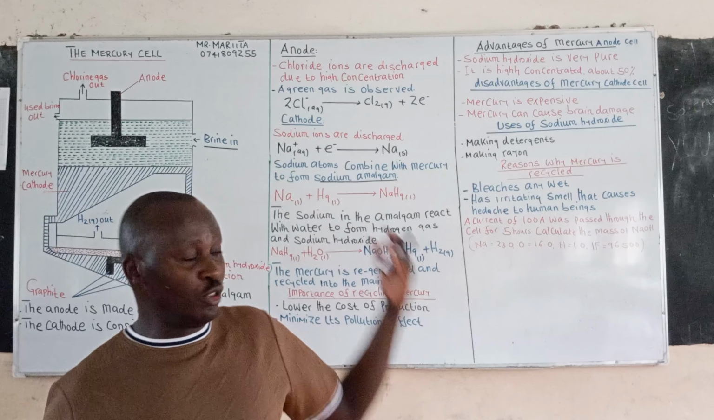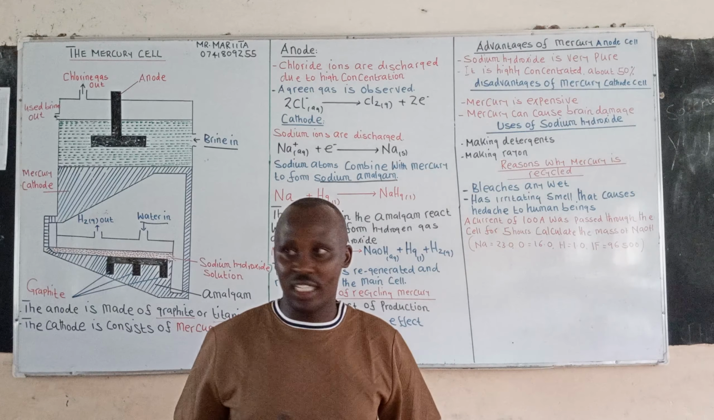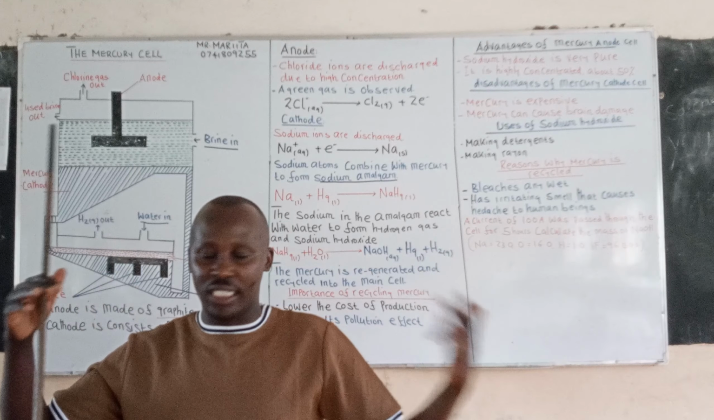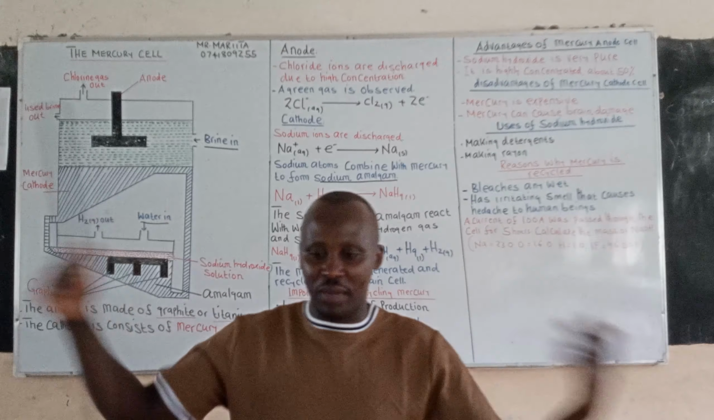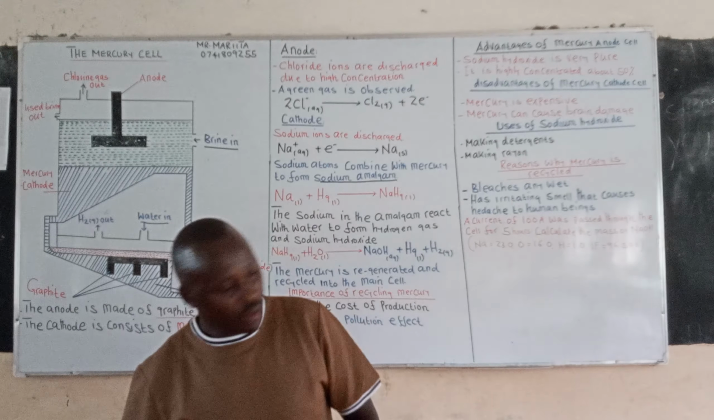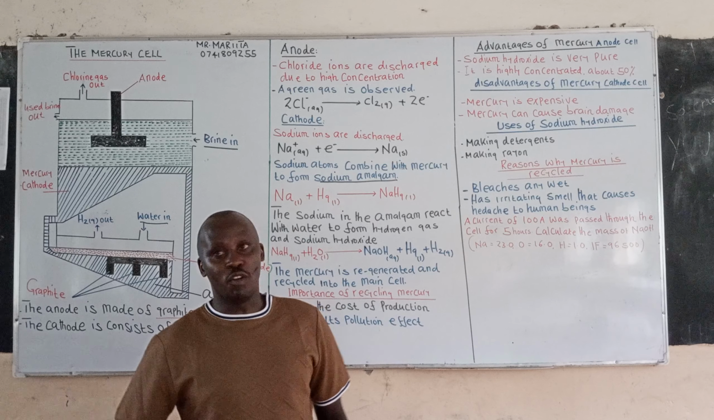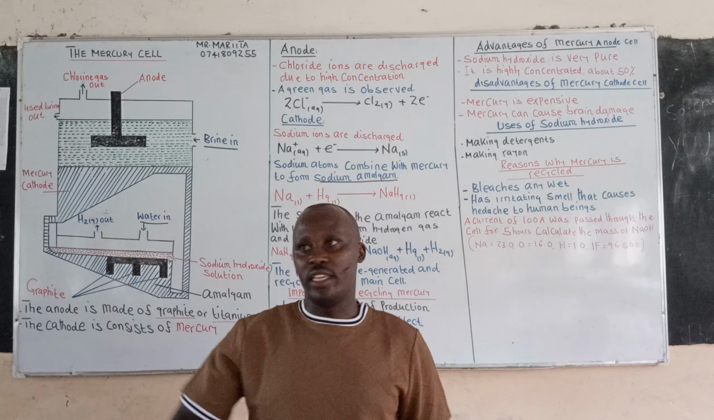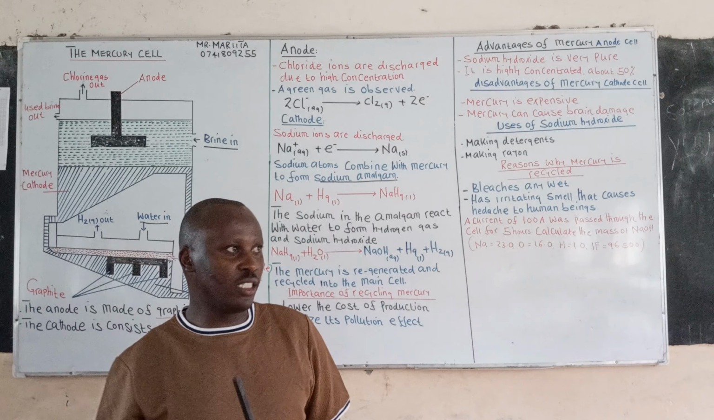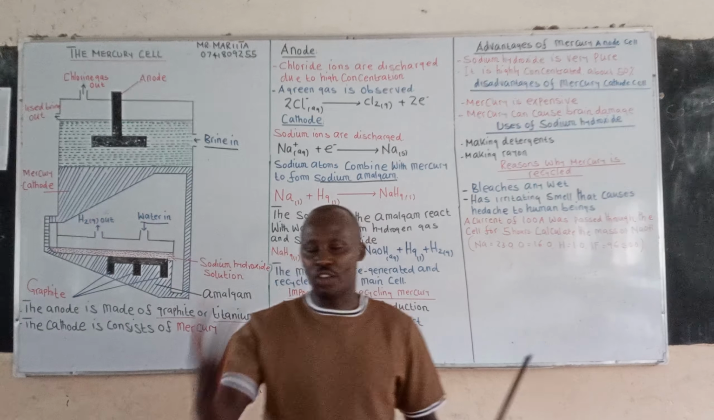The acid can be used in the manufacture of detergents. It can also be used in the manufacture of cosmetics and very many others. We have another product, which is hydrogen gas. Of course, if you are required to give the uses of hydrogen gas, you have come across them